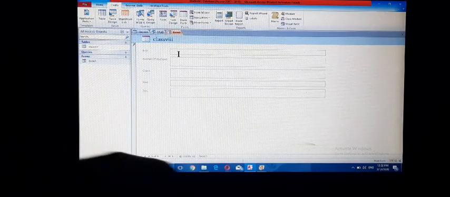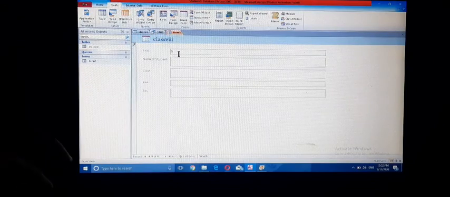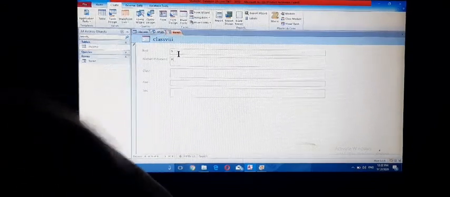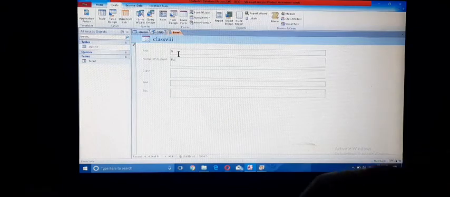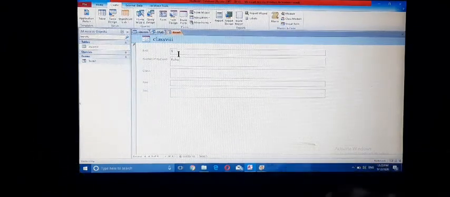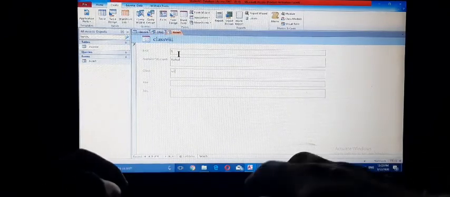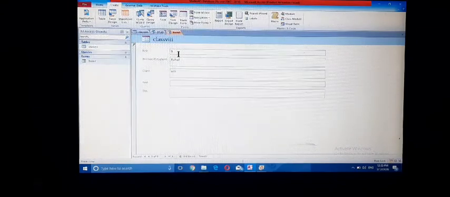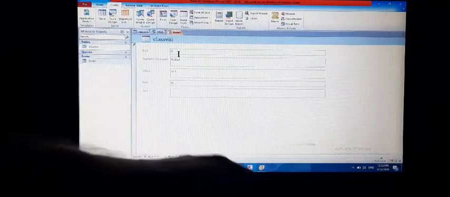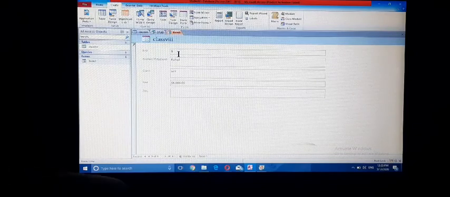Roll number 9, name Rahul, class VIII, page 6000, section B.